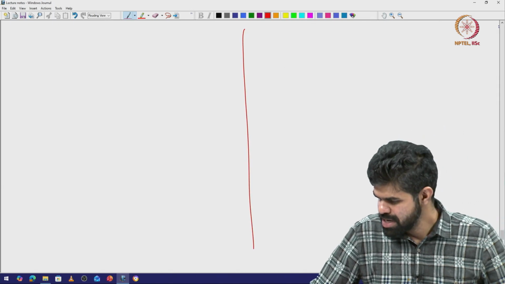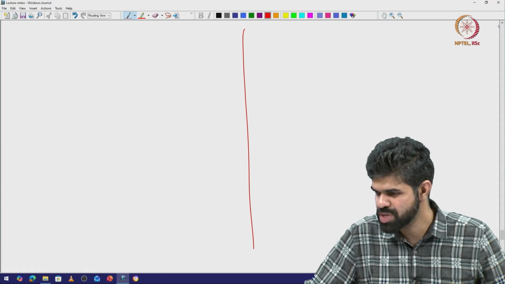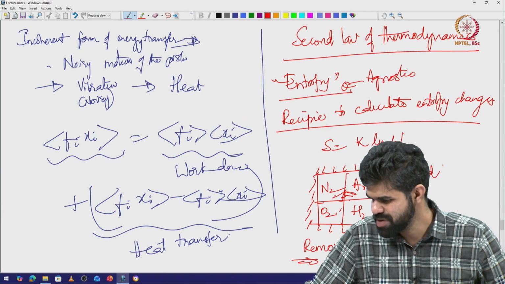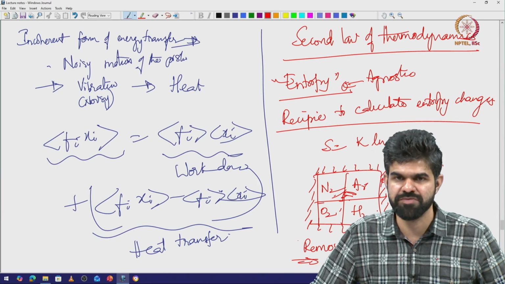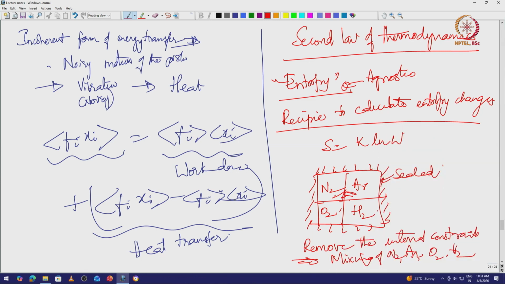Now, earlier, it is not really the temperature of the system. Especially when it goes to such a highly non-equilibrium state, we are not even saying anything about the temperature of the system. The energy, so nitrogen has some kinetic energy, argon has some kinetic energy, oxygen has some kinetic energy, the energy is also not changing. So, just by doing this process of breaking the barrier, the energies are also not changing. What is changing is that this is all getting homogenized: nitrogen is mixing with argon, argon is mixing with oxygen, and everything is intermixing with each other.